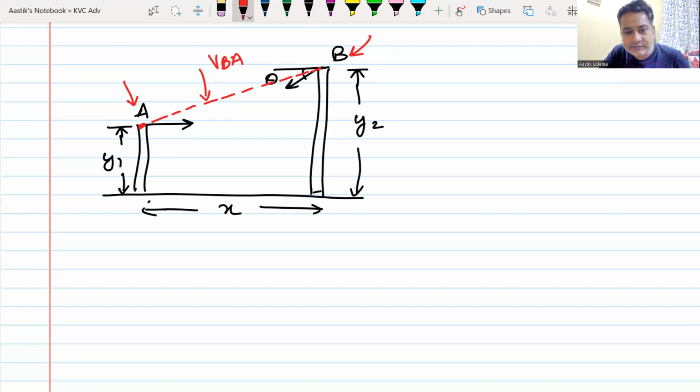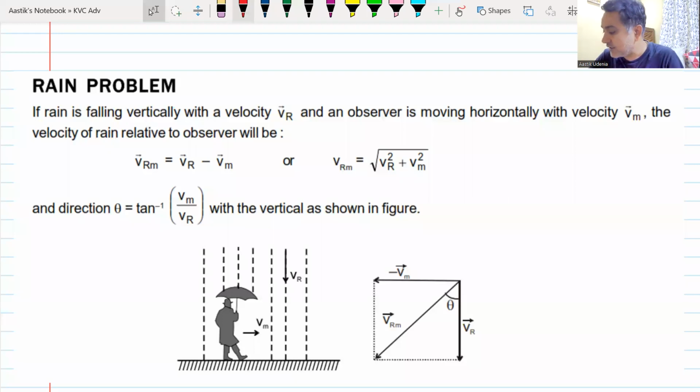The next type of problem are the famous problems which are known as the rain man problem. So rain is falling and a man is walking, and you have to find out at what angle he should hold his umbrella. I've just shown this so that I don't have to waste any time. So basically, the question would be very simple. The man would walk, again this Sherlock Holmes, he is now having an umbrella in his hands, and now he's